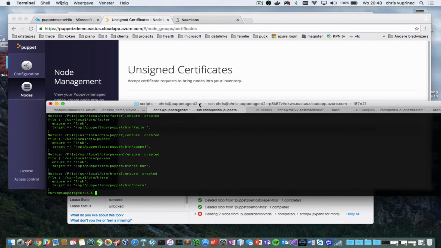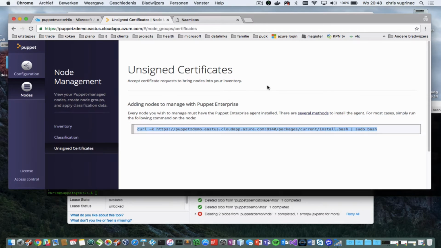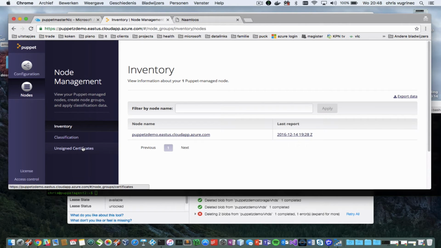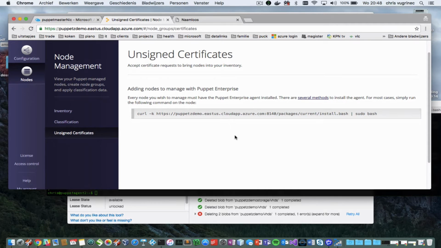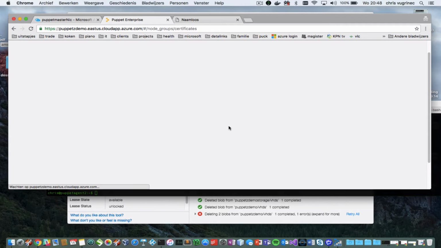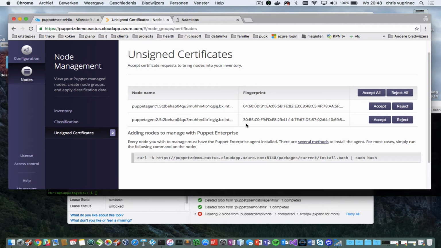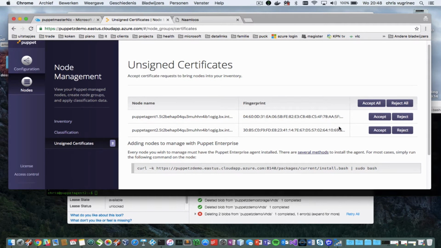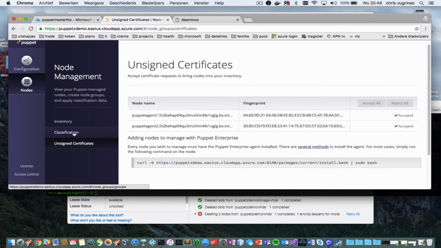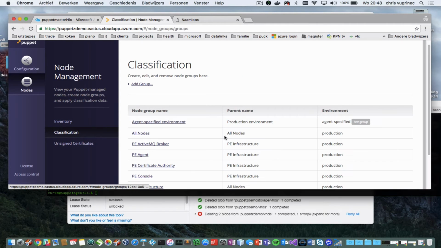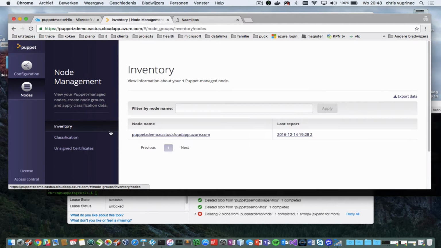Just finished registering my second Puppet agent. Let's go back to the nodes, and I'm hitting the unsigned certificates, and I should be able to see the Puppet agents here. And the only thing I need to do now is accept their request to join. And when I go now to classification, inventory,